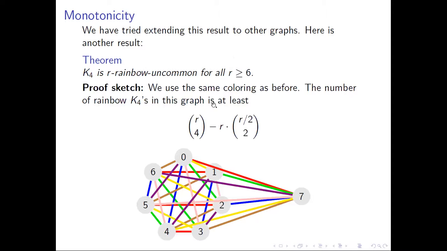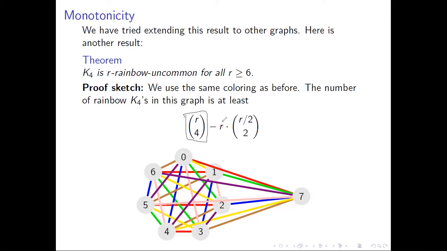And we can use the same coloring as before that we used to prove that K3 is rainbow uncommon for all R greater than or equal to 3. This time, however, the number of rainbow K4s is at least that. So the reasoning behind this is there exist R choose 4 total K4 subgraphs minus the number of subgraphs that are definitely not